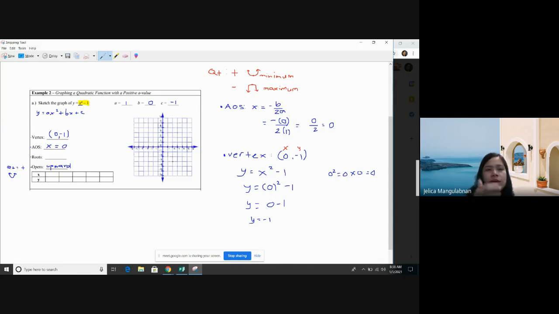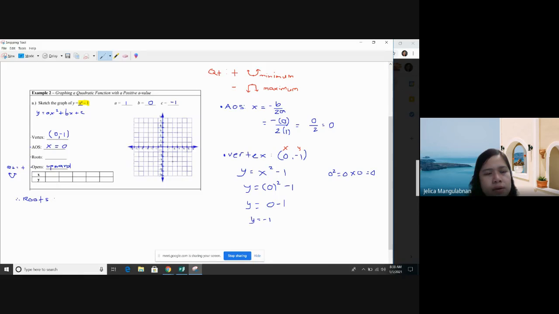Now we're going to look for the roots. How to find the roots or the zeros. When your y value is 0, those are the zeros. Those are the x-intercepts. Those are the solutions. Take note, okay? I will just let you remember this one. I will just put a conclusion in here. Take note of this one. Remember that roots,